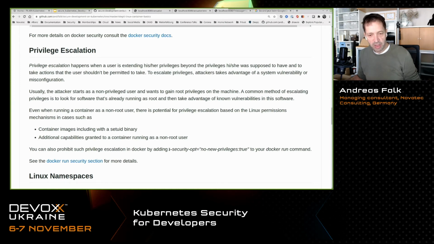You can even make it more secure by adding another option like no new privileges set to true. Then it would also not be possible to misuse setuid binaries, for example, to gain new privileges. So that would also be prohibited.